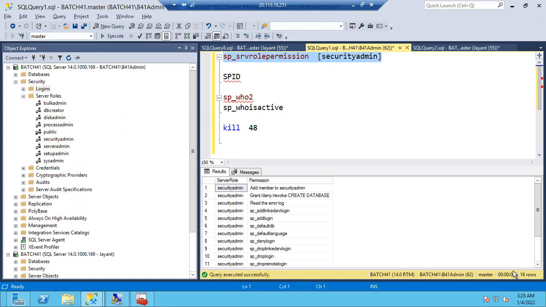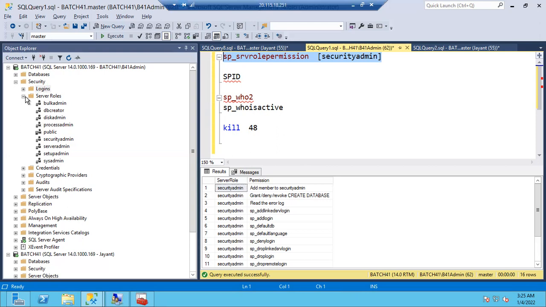He might ask, so he is expecting at least basic permissions. For security admin, you cannot say he can create the database, right? For process admin, you cannot say he can delete the database, right? Basic permissions, I guess you have an idea, right? A security admin mainly can create new logins, delete logins, see the existing logins, and change the passwords of the logins.